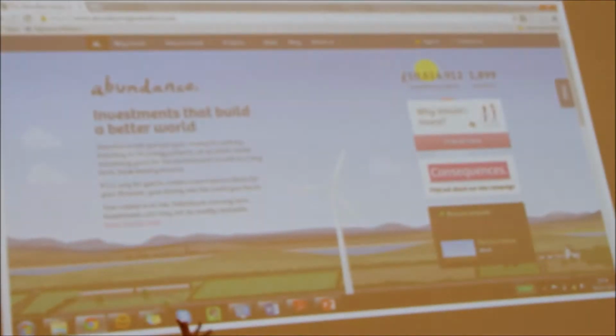But yes, this scene is definitely growing, and here, for example, is a really cool one in the UK called Abundance, which allows people to lend directly to wind power projects. You could imagine something like this being integrated into, say, a sustainable bank as well, as part of the product offering. Here's a share certificate that I own in another